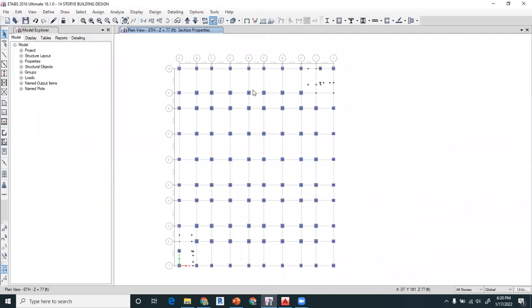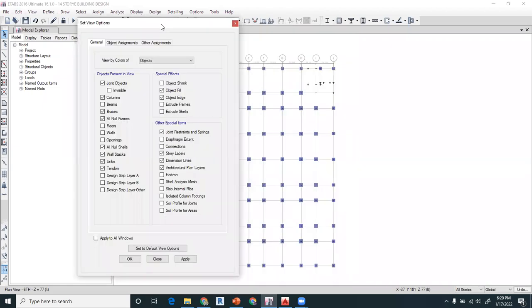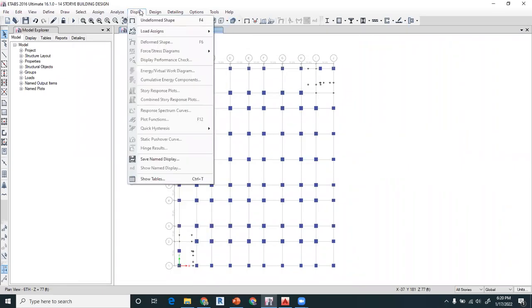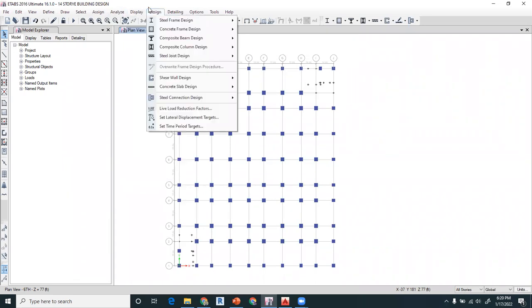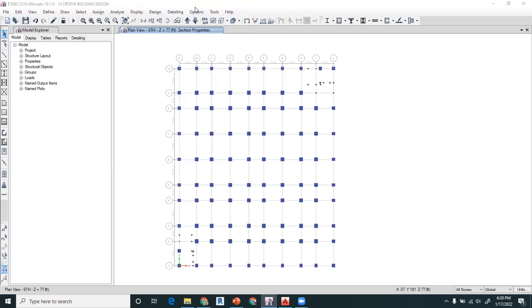And if you want to verify which property has been assigned, because you do not want to select every section or every beam to verify the assignments of that section, you have to go to the display. So review, no, not review. You can also,